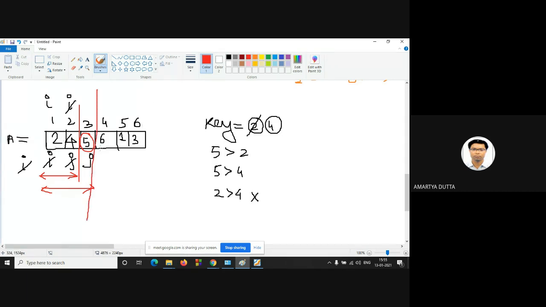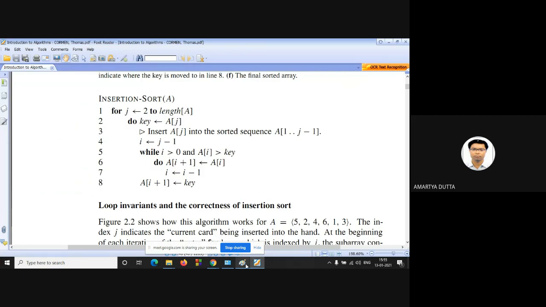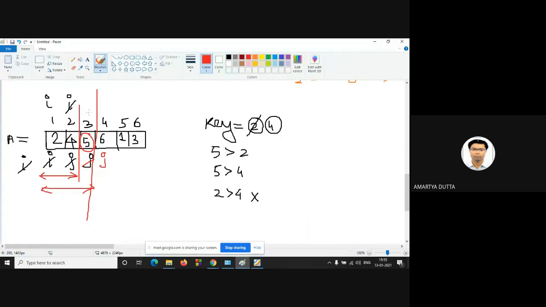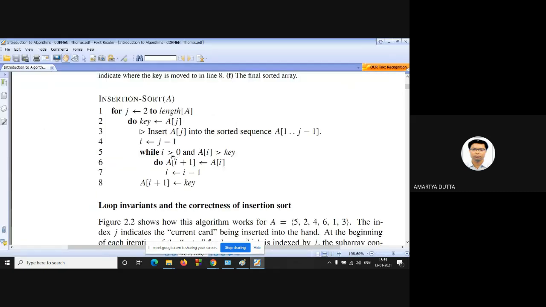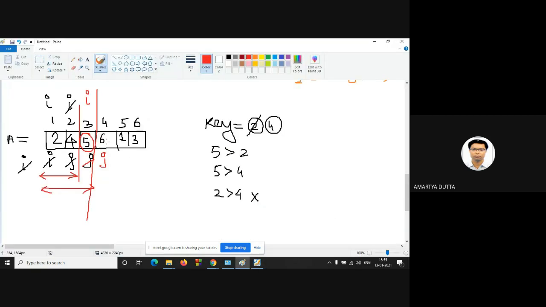Now 6. Now again increment the value of j, 6. Now I will be at this position, j minus 1. Next, I is greater than 0, yes, true. And AI is greater than key? Is it possible? False.